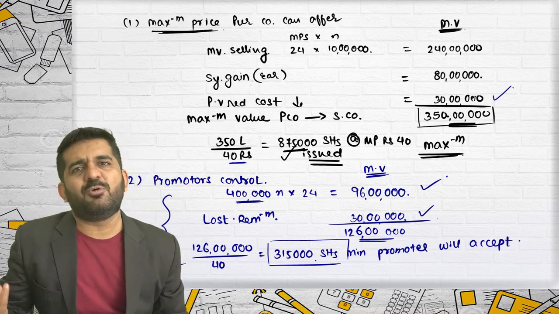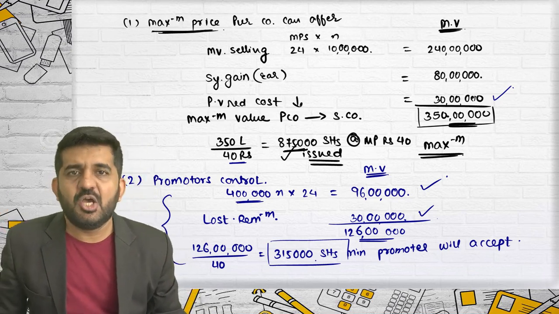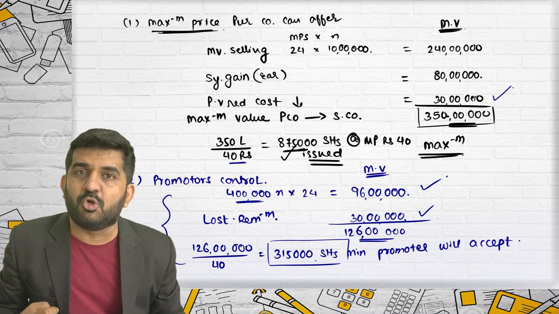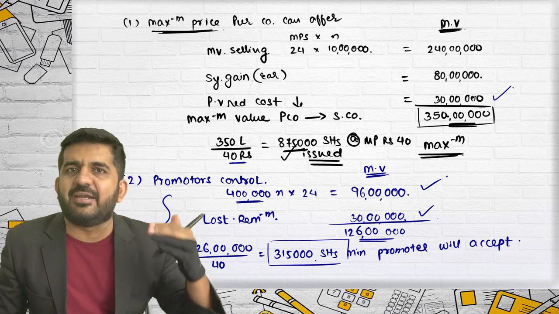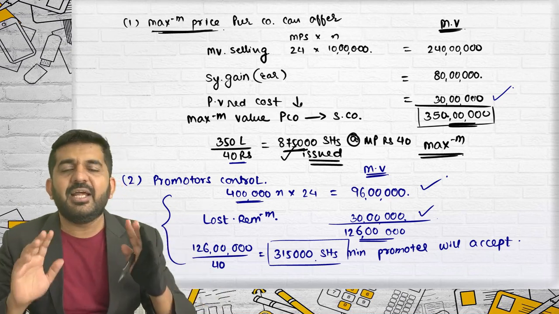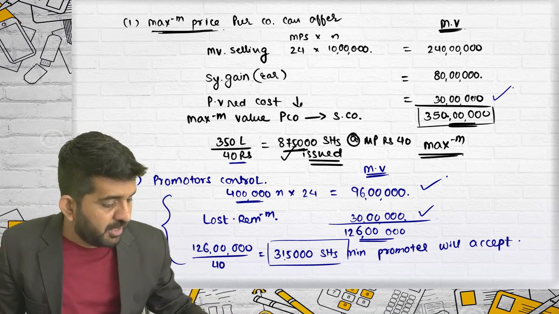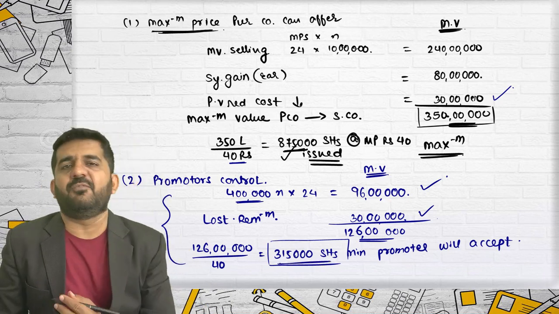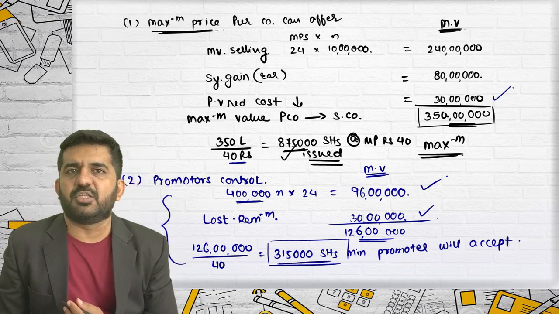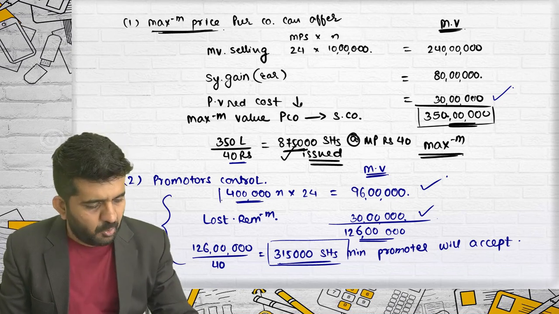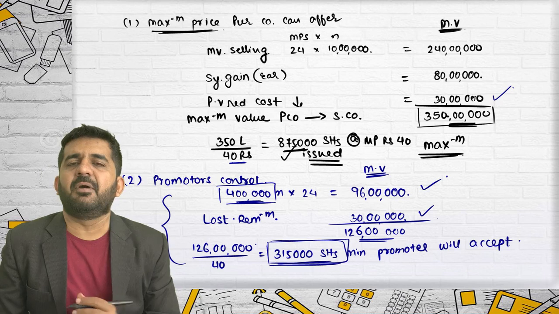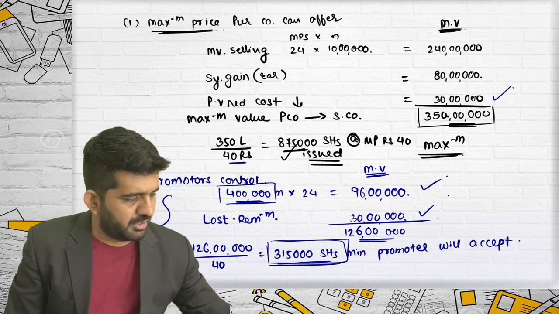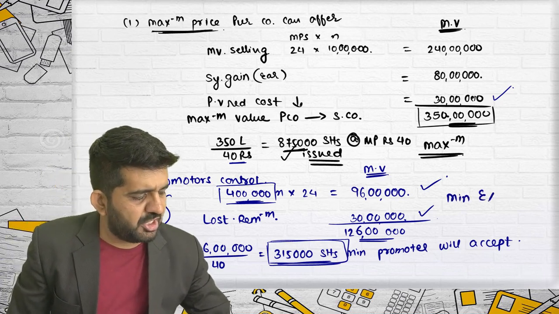Now they can negotiate other things from outsiders, or first they may purchase the promoters' interest, take over the company and then go for buyback and take the whole of the company. That is dependent upon the purchasing company. But promoters will not agree for less than 3,15,000 shares of the purchasing company. How many are they holding? 4 lakhs. How many minimum do they want? Minimum they want 3,15,000. So minimum exchange ratio